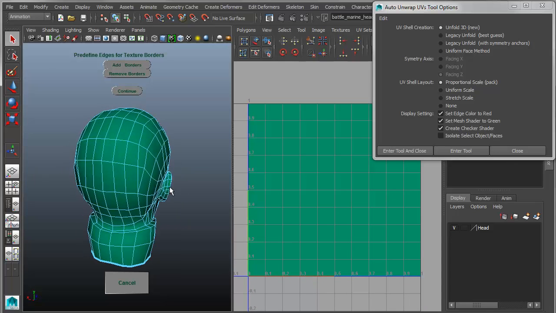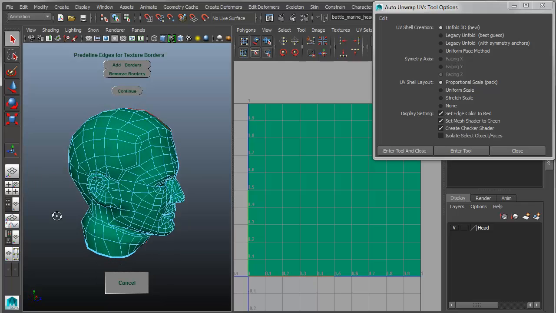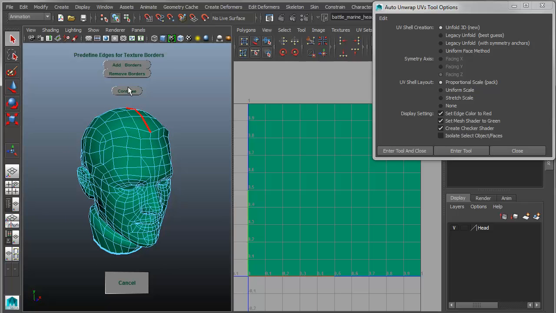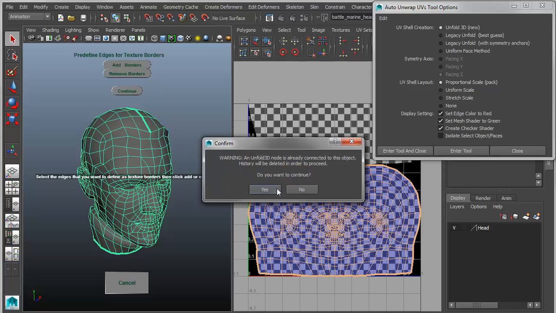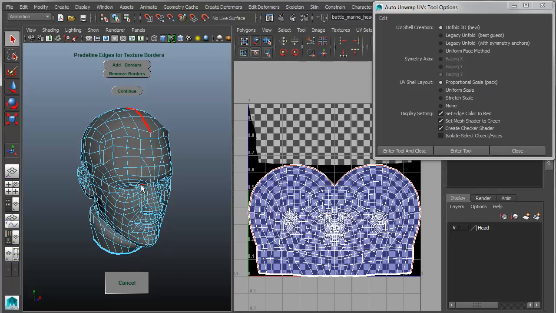I'll go in and I'll grab that same texture border right here, double-click select, add border, continue, and it will automatically create the UVs and automatically unfold the resulting shell. The cool thing about this is I can either be done and satisfied with this, or I can click the go back button, and that will essentially step me one step back in the process. It remembers what I did before and then allows me to